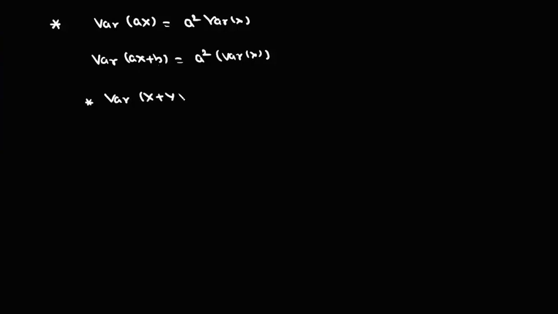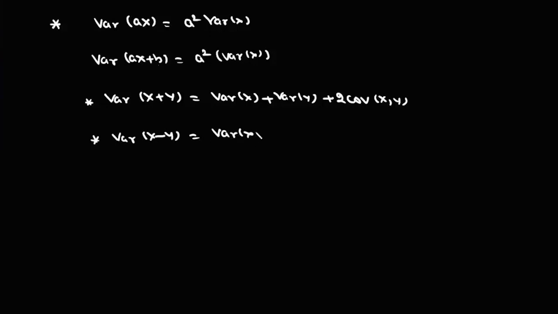फिर हमको पता है कि वेरिएंस ऑफ (X प्लस Y) बराबर है वेरिएंस ऑफ X प्लस वेरिएंस ऑफ Y प्लस 2 टाइम्स कोवेरिएंस ऑफ XY, और वेरिएंस ऑफ (X माइनस Y) बराबर है वेरिएंस ऑफ X प्लस वेरिएंस ऑफ Y माइनस 2 टाइम्स कोवेरिएंस ऑफ XY।